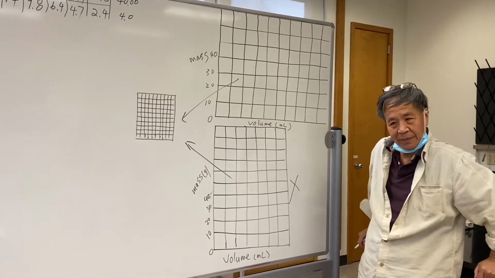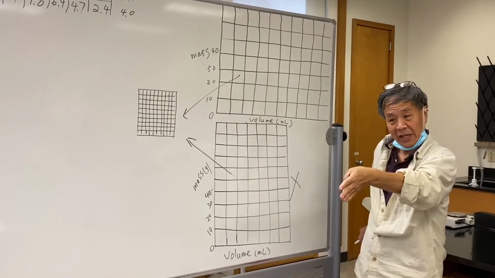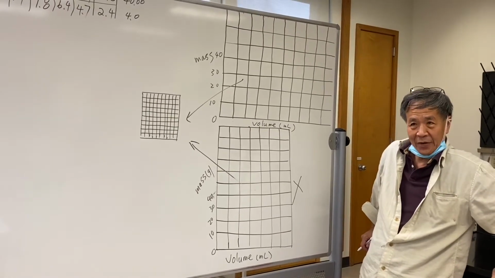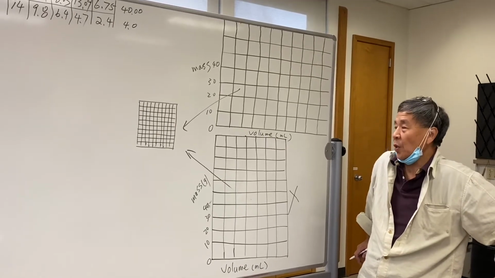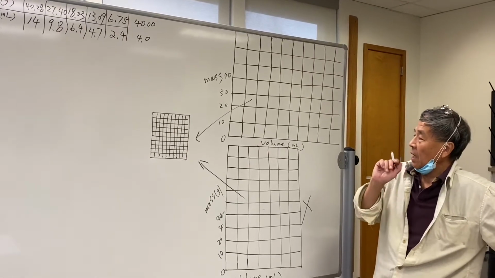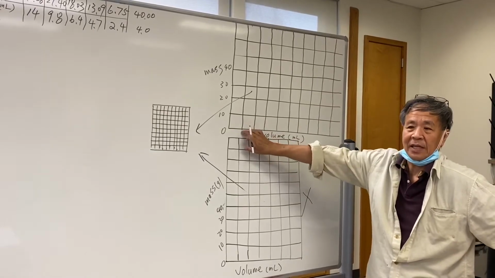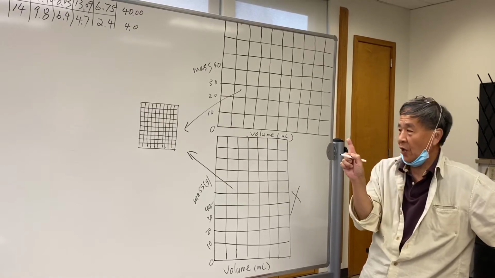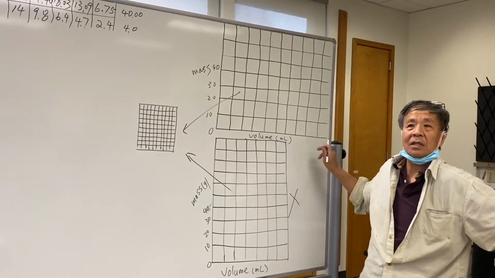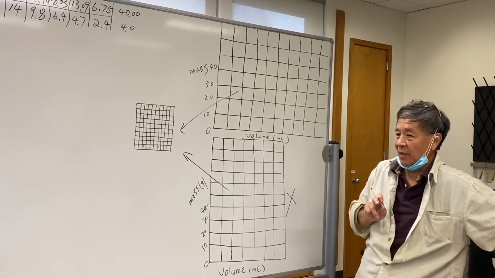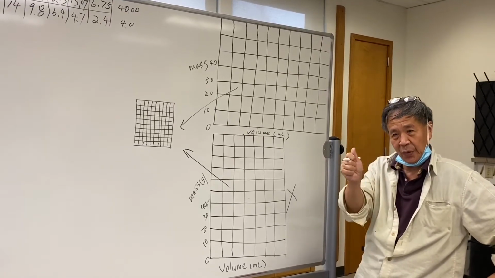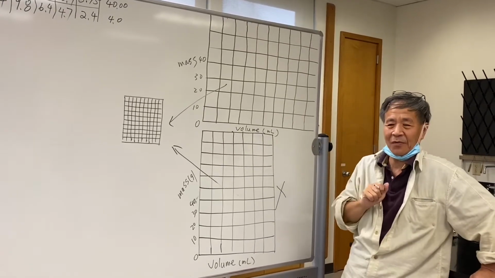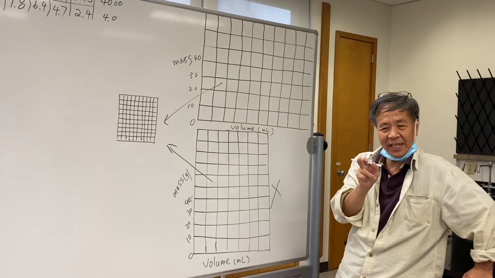Now we have a problem, and that is the reason you need to digest your page 19. Now your so-called increment 1 is no longer suitable for this graph. We need to change to either 2, 3, or 4, or 5, or 6, and so forth. Page 19 also tells you